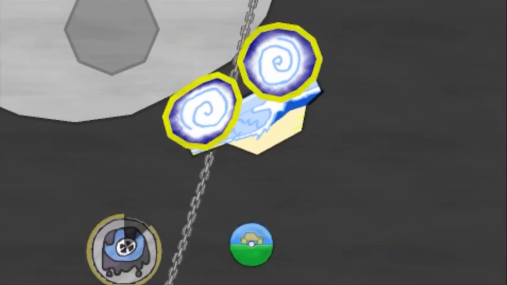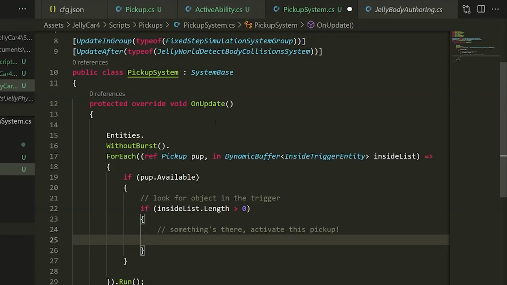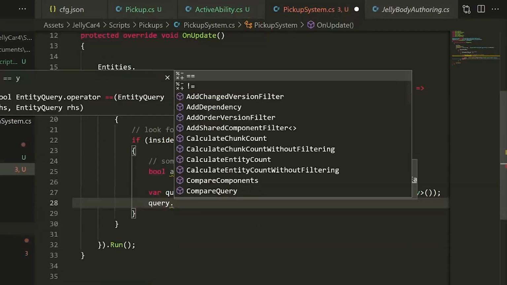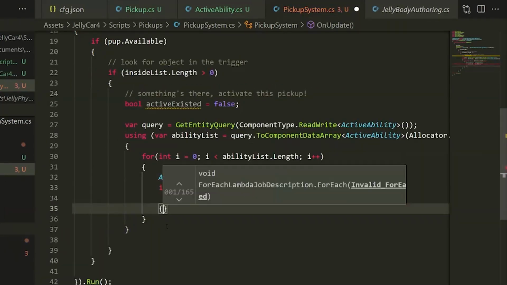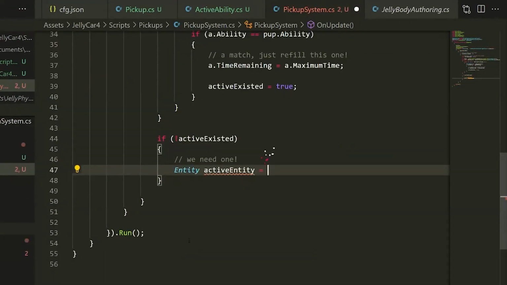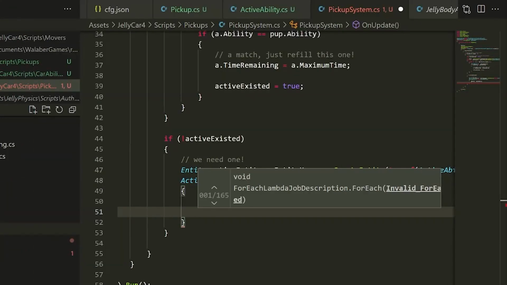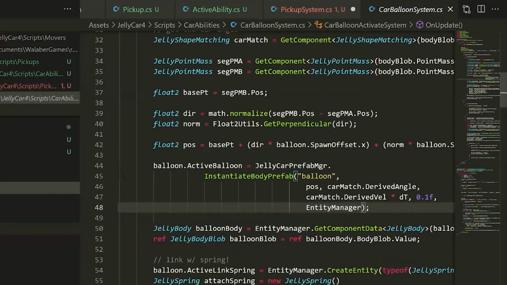Luckily, Unity now has a new kind of preview technology called ECS, which allows you to use C# but to make code that's designed for high performance compilation with the burst compiler and then multi-threading as well. And so it's a perfect fit for something like my physics engine for JellyCar. So that's where I got started. I started by taking my original Jelly physics engine and porting it over to Unity ECS. And while I was doing that, I decided to upgrade it a little bit and add some new features and things which I can talk about in a second.